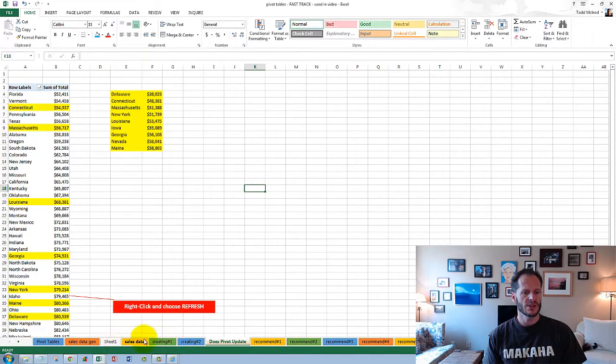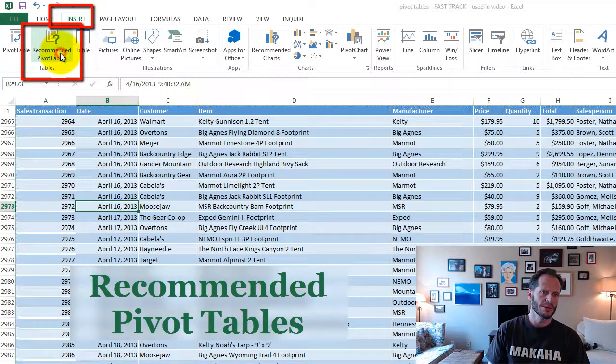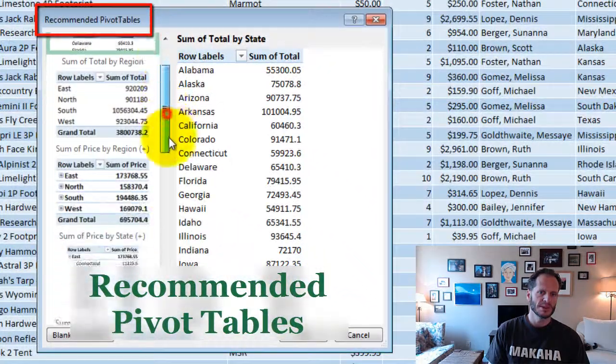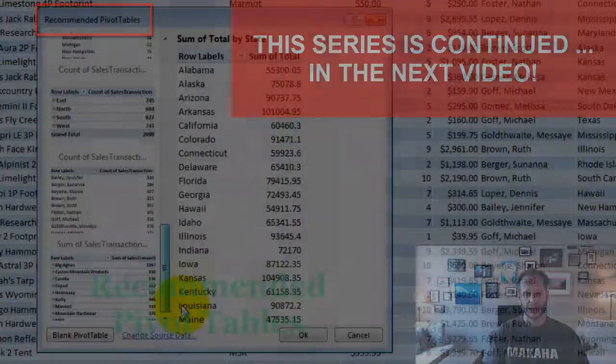One thing you could also do with your sales data is you could go up here to Insert, Recommended PivotTables, and it'll give you a bunch of different options, right? And some of these options won't make any sense because it's just kind of saying, hey, do you want to